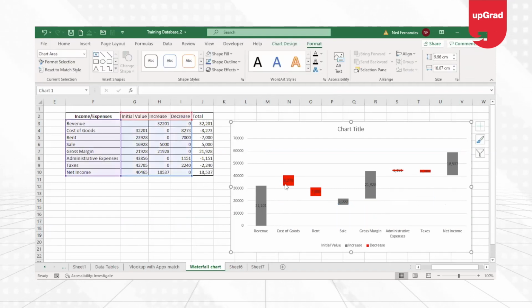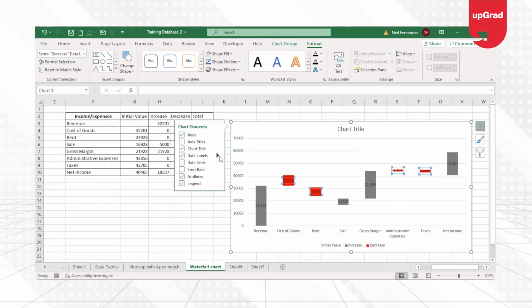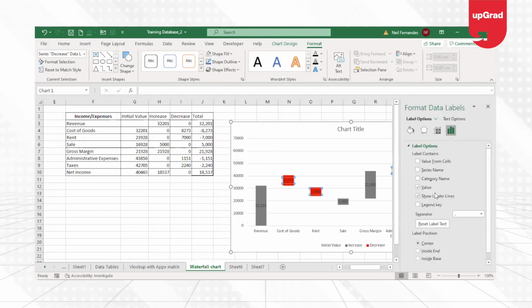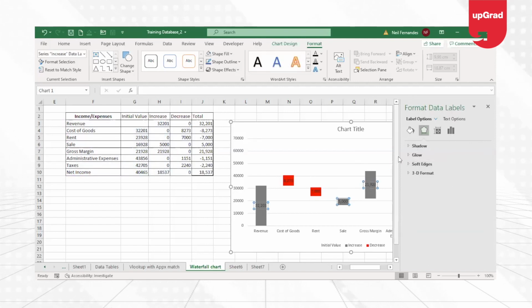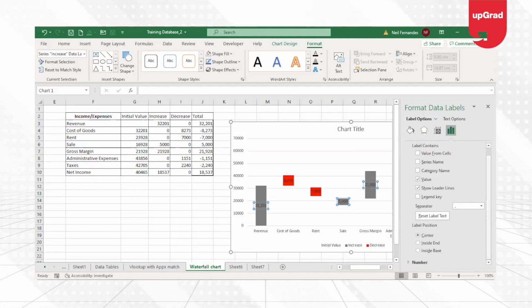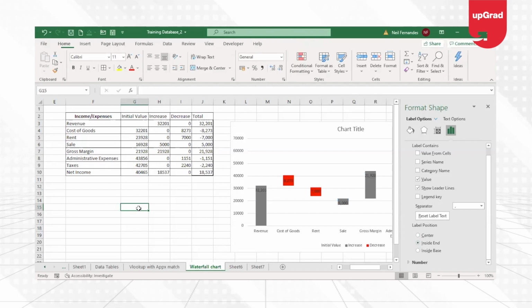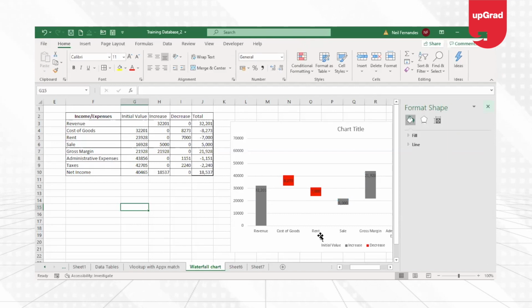And now you can see that I can format the data label in such a way so that my data labels are shown on the top and not inside the data. So I just go on to the data labels. I'd say side end. So it looks a little better. It looks a little neat as compared to what it was looking otherwise. So it doesn't look that bad.